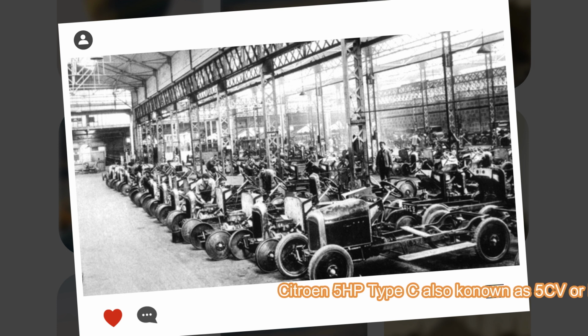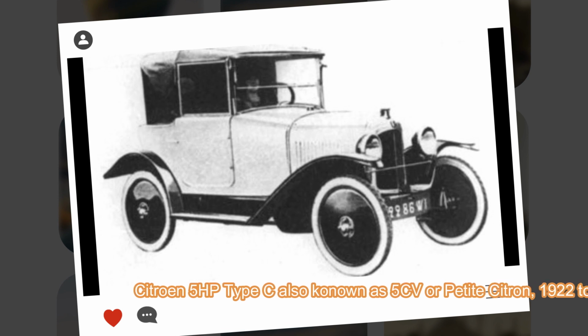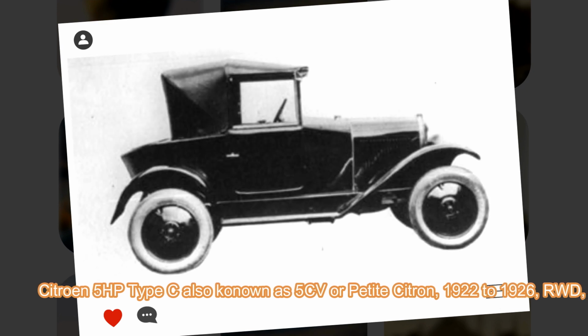cheap and economic cars using the method of Henry Ford, while most of the other European car manufacturers struggled for survival. Type C was introduced at the 1921 edition of the Paris show, but production and deliveries started a year later in 1922. It was a small and light car with a low fuel consumption, placed below the Type A,